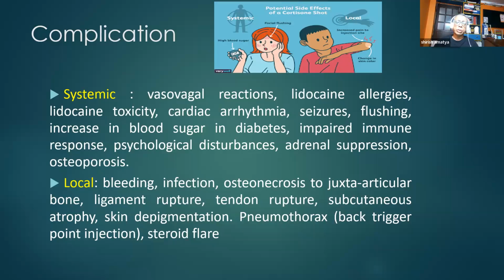There can be subcutaneous atrophy, skin depigmentation, as well as pneumothorax if you are not using an ultrasound guided technique. If you go for a blind technique, pneumothorax is common following trigger point injection, especially in the trapezius muscle. There can be steroid flare after injection with